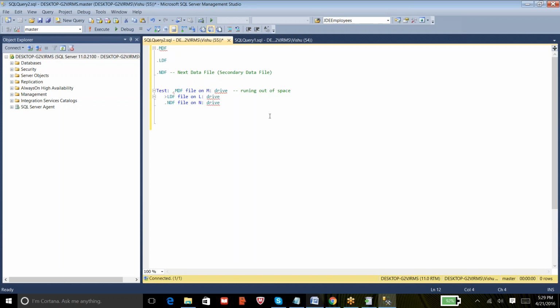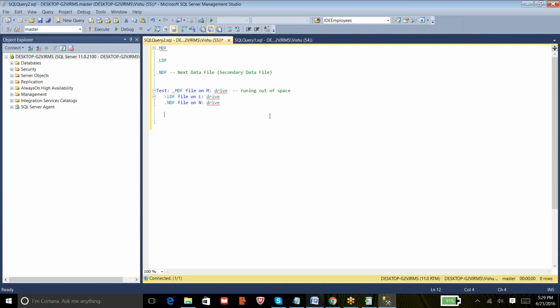That monitoring tool will alert you whenever the drive space is less than 15% or less than 20%. It depends on the organization. In my organization, we have hundreds of servers, so whenever the free space on the drive falls below 15%, the monitoring tool, which is Diagnostic Manager, sends an email to the DBA team.